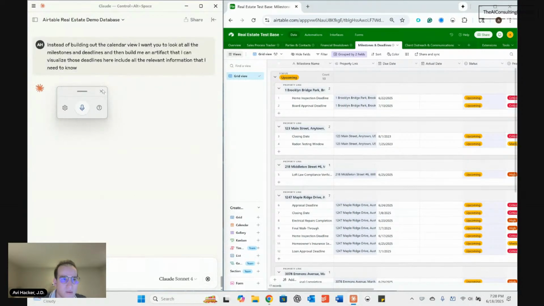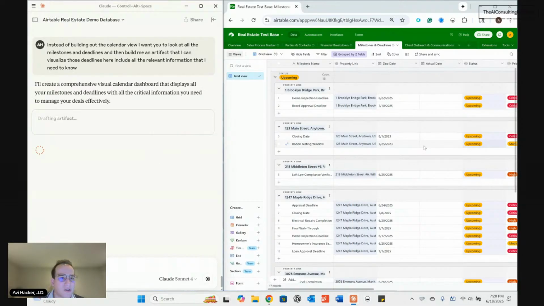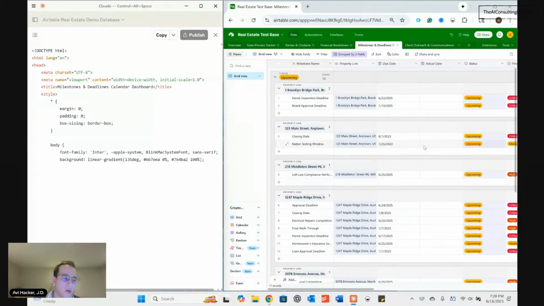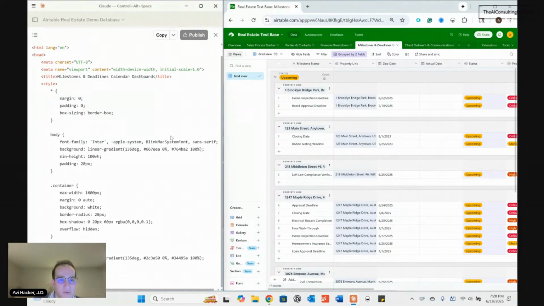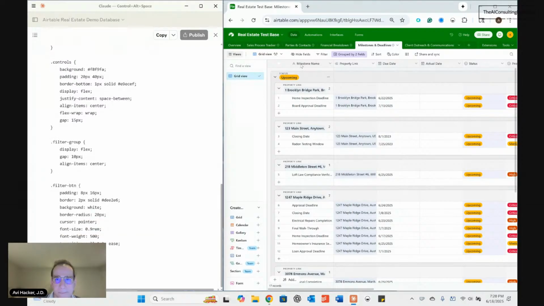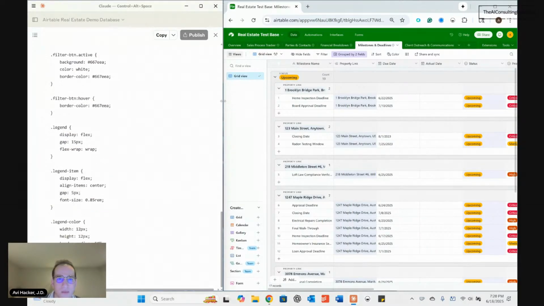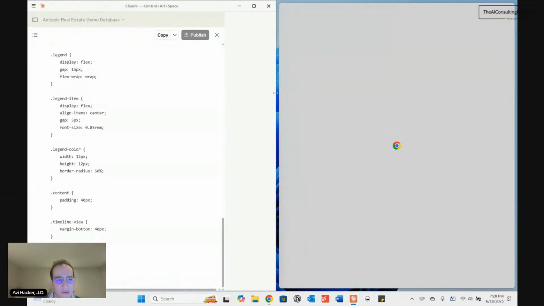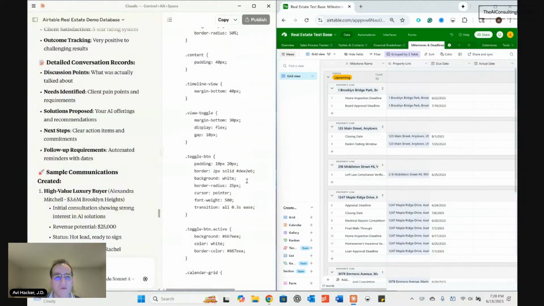Okay, so now you just hop in and say, okay, great. You don't want to look through all of this. You just want to interact with AI. So now you ask it to build an artifact to visualize it for you. This is going to be one of the last things I do because I'm going to run out of tokens anyway. But hopefully